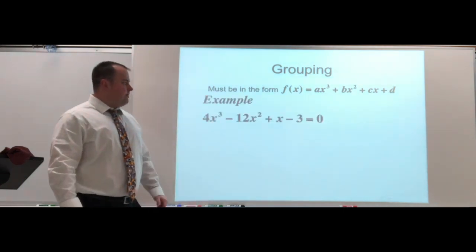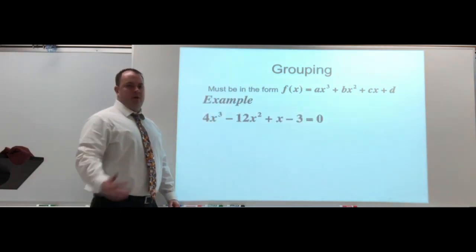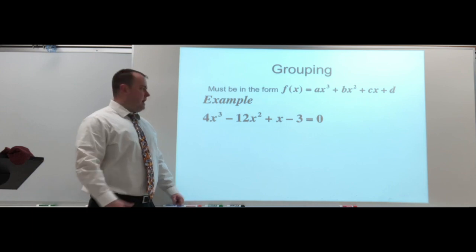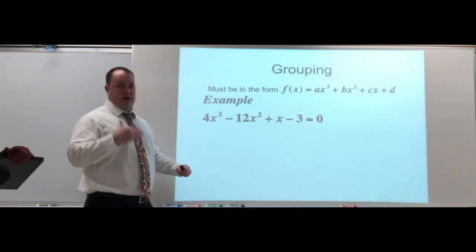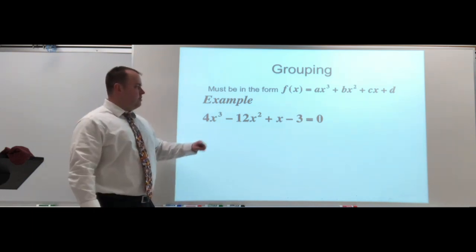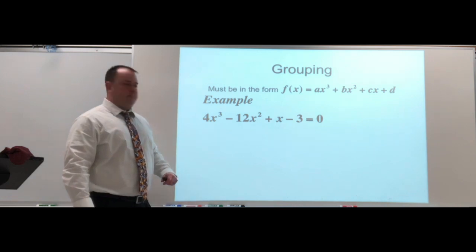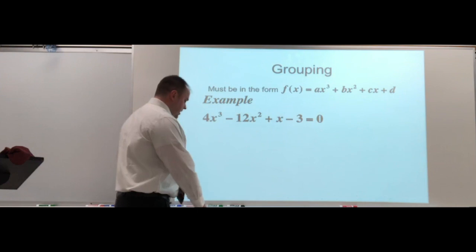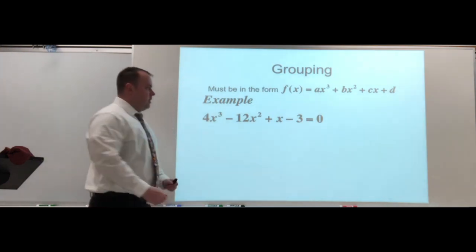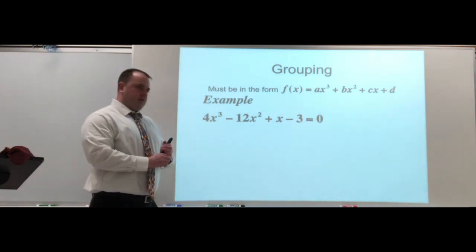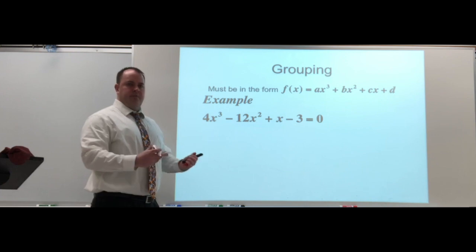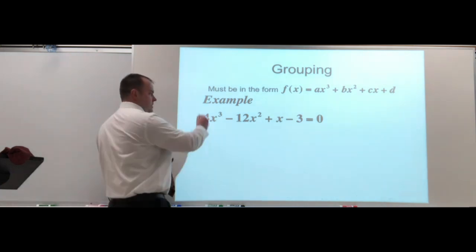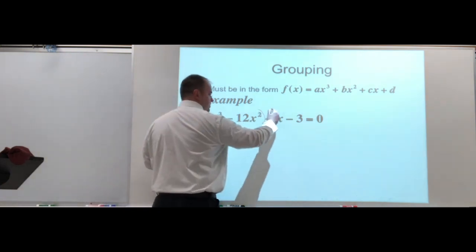Now, the way you factor this is basically the same way that we did the trinomial and the two binomials, but we're going to start about halfway down. 4x cubed minus 12x squared plus x minus 3. Again, kind of ignore the equal 0 for right now. We already have 4 terms. Just like in the trinomial and two binomials, once we had 4 terms, we grouped it. That's exactly what I'm going to do here. I'm going to group